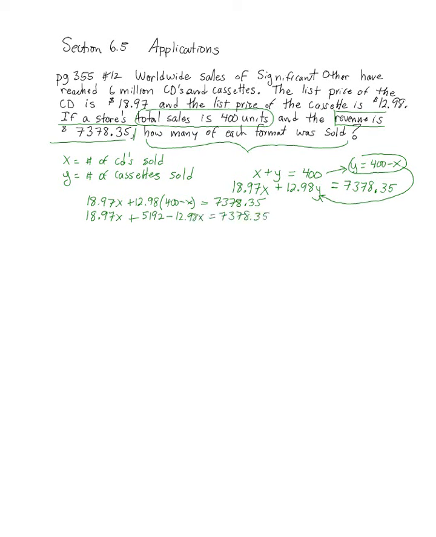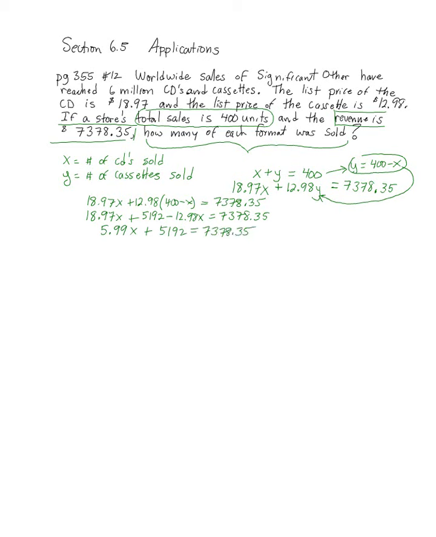Put my X's together, 18.97 minus 12.98, that's 5.99. So 5.99X plus 5192 is